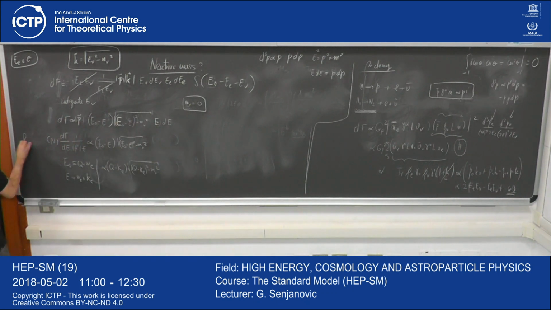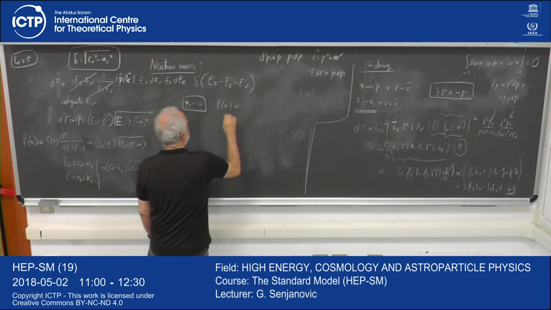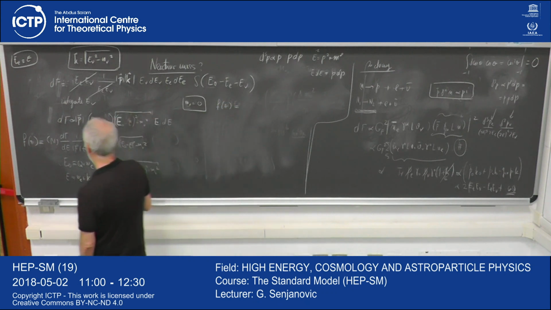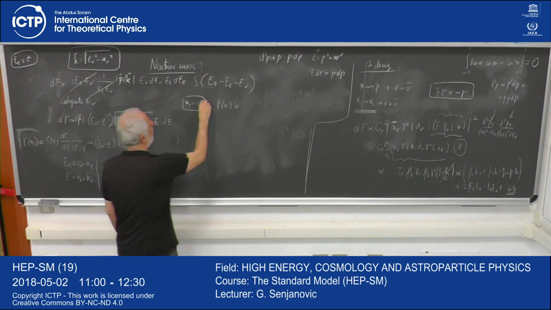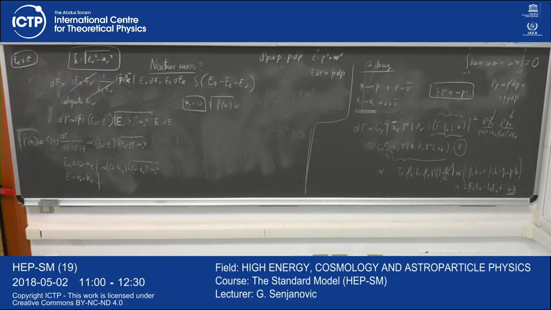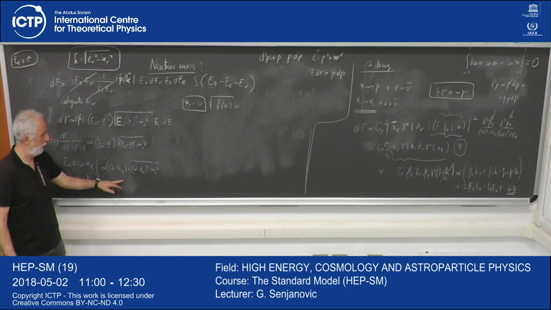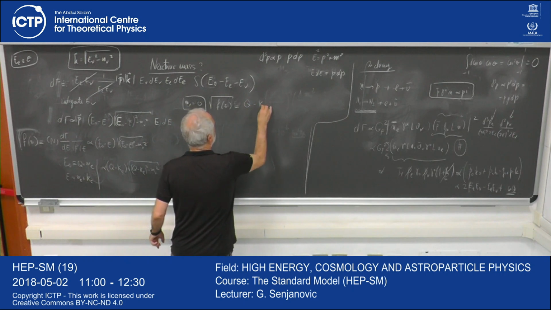Let's call it f of E. It's some function of E that I define. This f of E, properly normalized, actually what people take is the square root of this. What people plot is the square root of f of E. How would it go? This would be 0, and the square root will just be Q minus K.